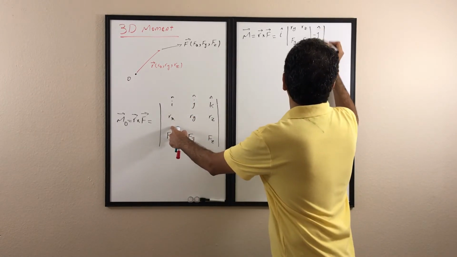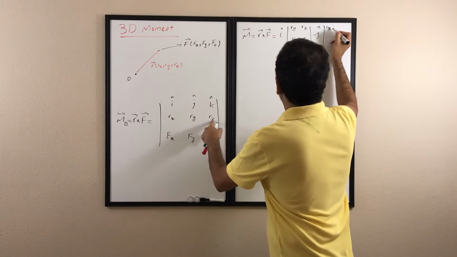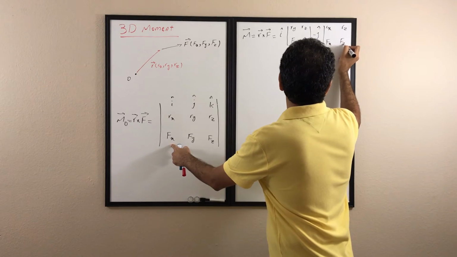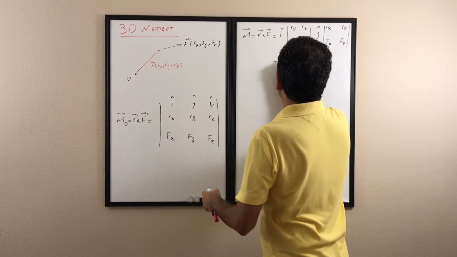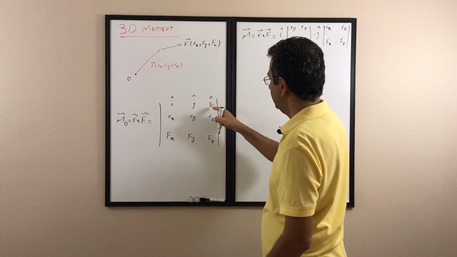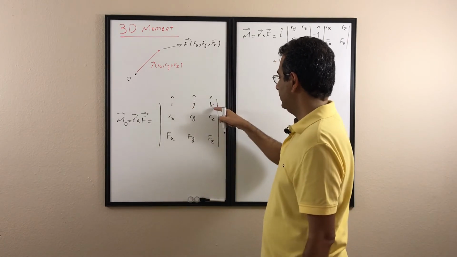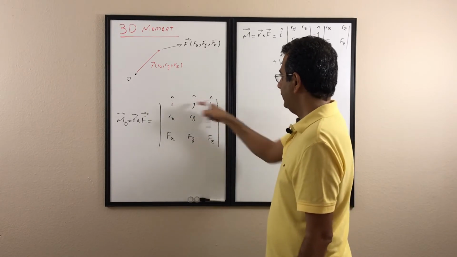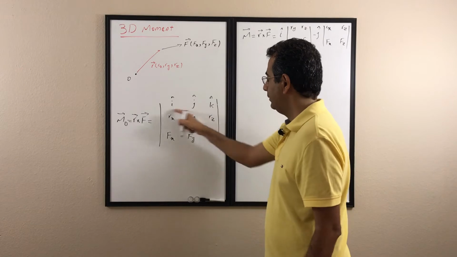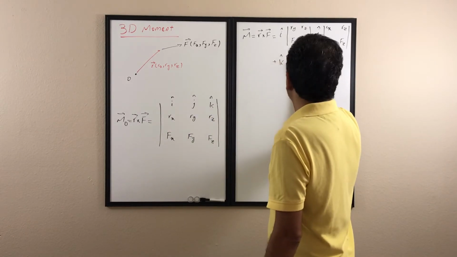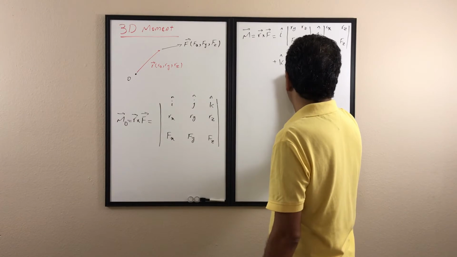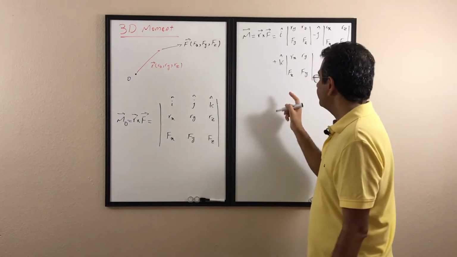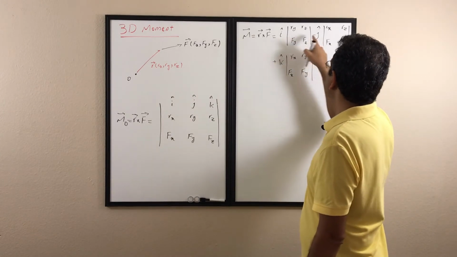So it's going to be Rx, Rz, Fx, Fz, and then plus k. So we write the k and cross out the first row and the last column, because that's the row and column k is in, and write whatever remains, which is going to be Rx, Ry, Fx, Fy. And if you look at that, don't forget that it's going to be positive, negative,